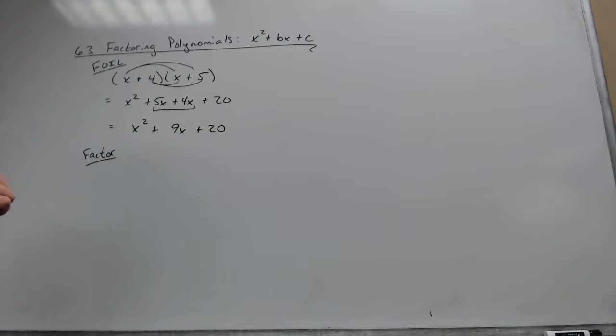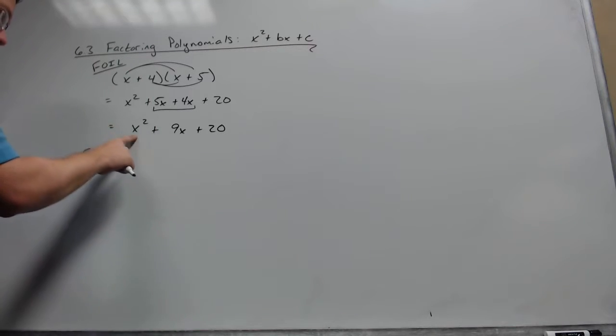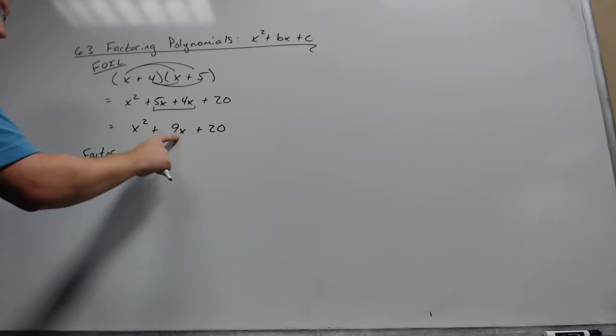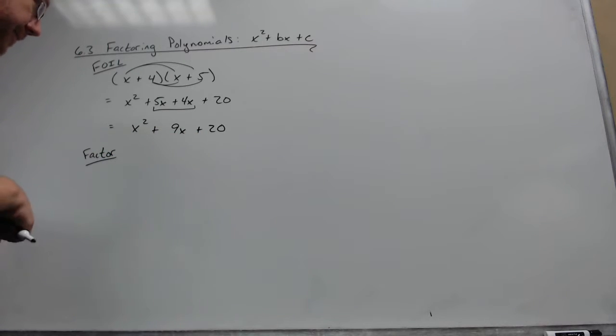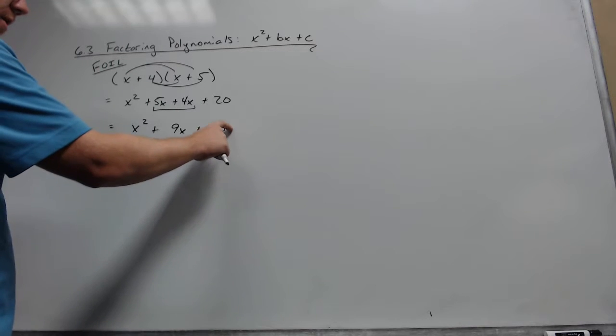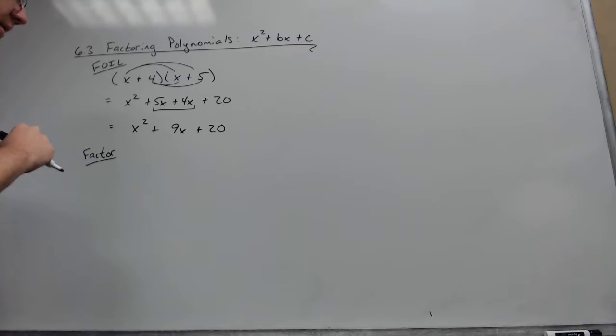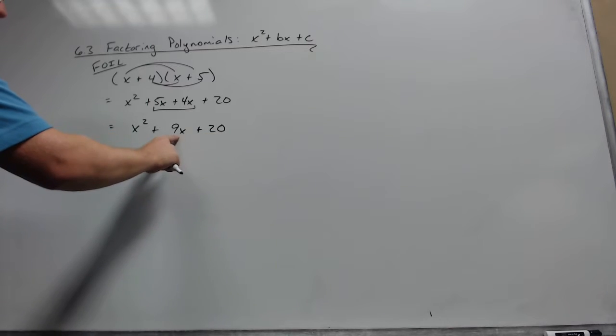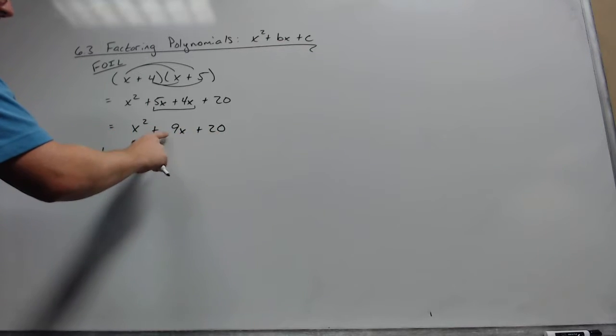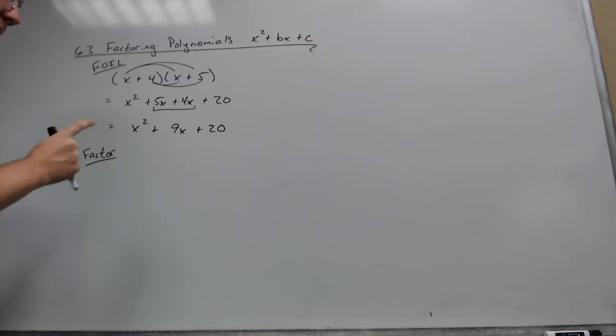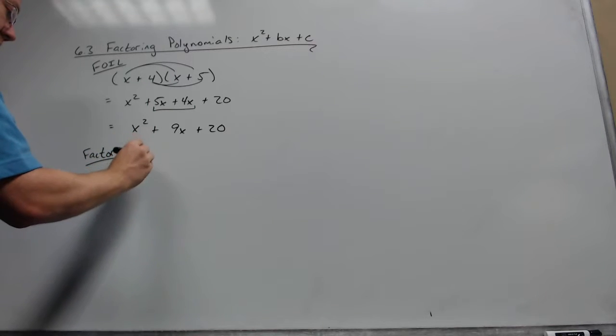So the process is less complicated than it may seem. You always want to start off by looking at, is there a common factor between these three terms? So I'm going to reiterate that a lot. There's no x in common because there's no x in this last term. And numerically, 9 and 20 don't have anything significant in common. So if you can claim that there's no GCF,